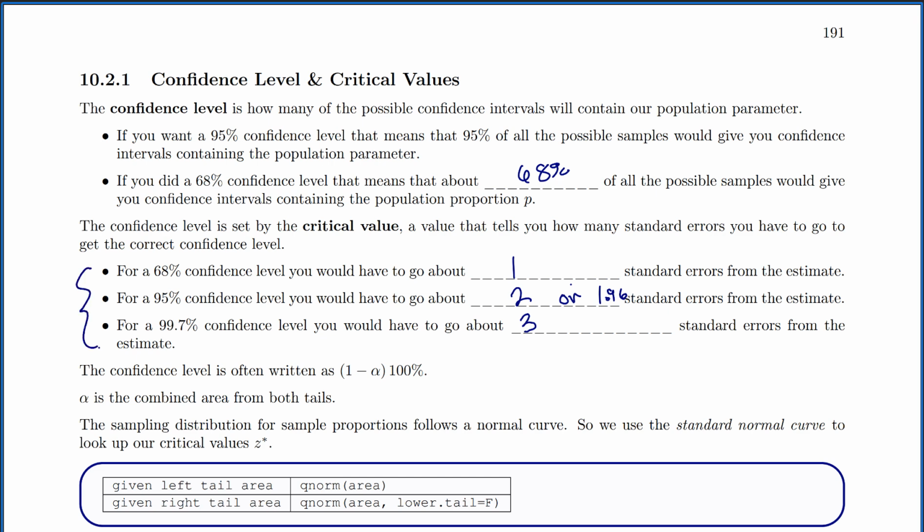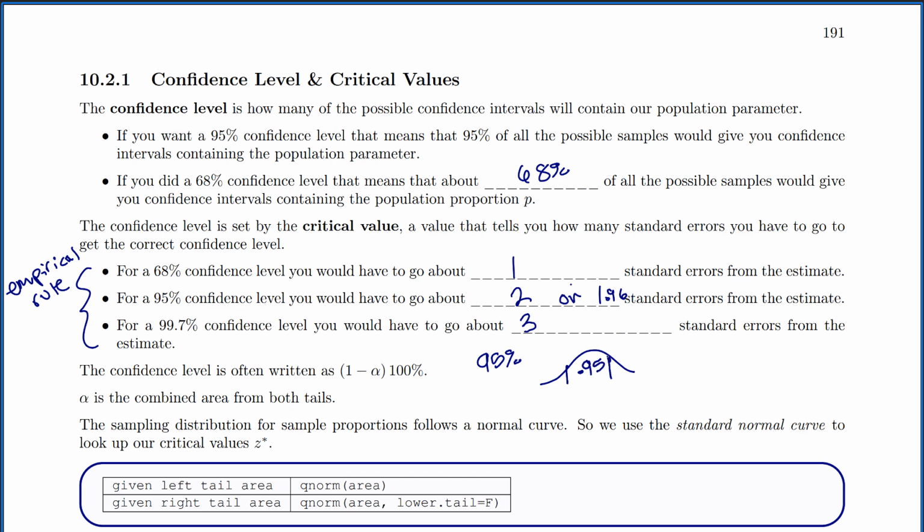Okay. This is all just based on our empirical rule, which we've used over and over so far. Our confidence level is often written as (1 minus alpha) times 100%, where alpha is the combined area from both tails. So if you want a 95%, that means you have